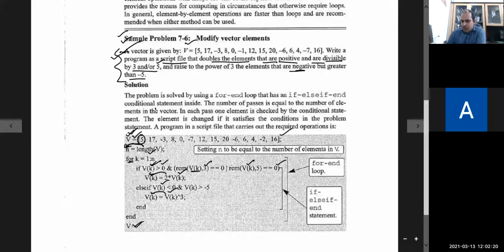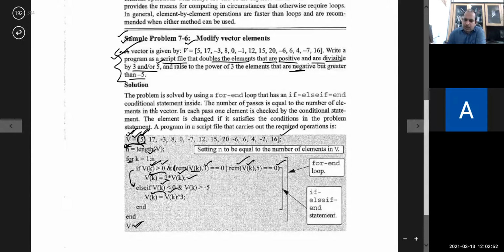If this is true, then the computer will take this step. Otherwise, it will go to the next one. So for k equal to 1, it will access the kth entry, I mean the entry at the first place of this vector, and it will compare with greater than 0. Since 5 is greater than 0 and the remainder when 5 is divided by 3 is not 0, out of these two conditions, at least one should be true.